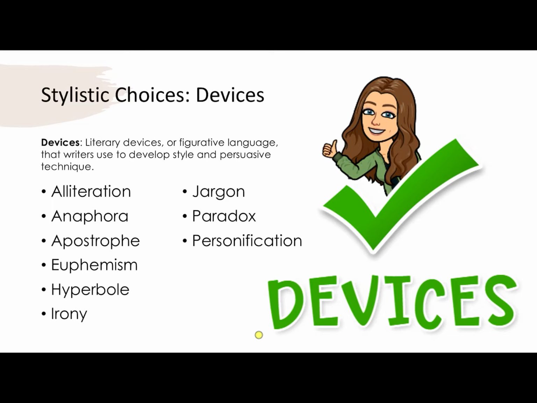A paradox is, put simply, a contradiction. A paradox is not something that's easily described, but really it is a contradiction that the author is pointing out within the text. Personification then is the application of human qualities to non-human things. And that's stylistic choices. Like I said, it breaks down into syntax, diction, and devices, because those are the things that are happening right at the